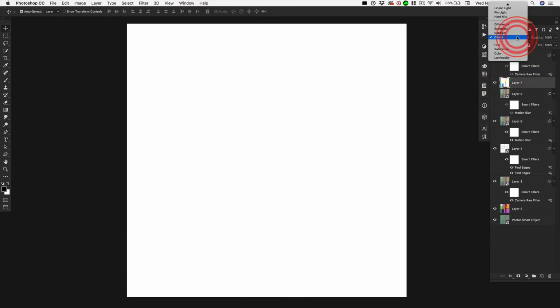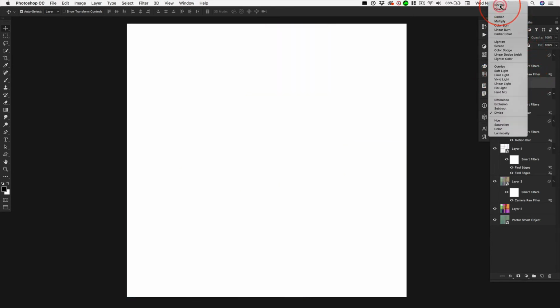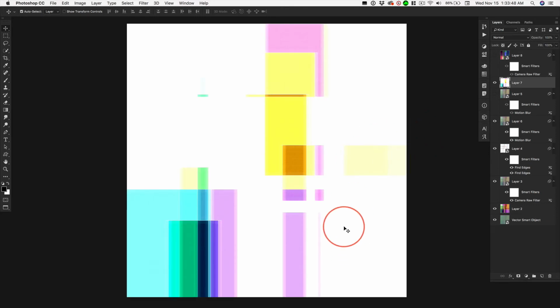And if I come here and change this back to normal, you'll see what I preserved. And now, how can this be useful? Seriously. But I thought, I've never tried this. What can I do with this? So then I went back below and started changing blend modes, and I ended up changing this motion blur to